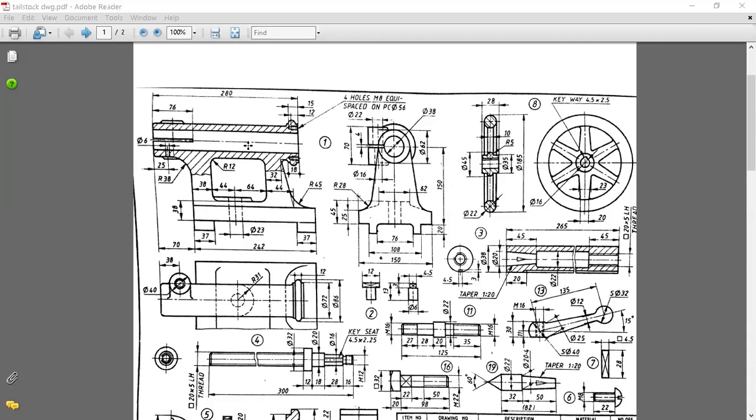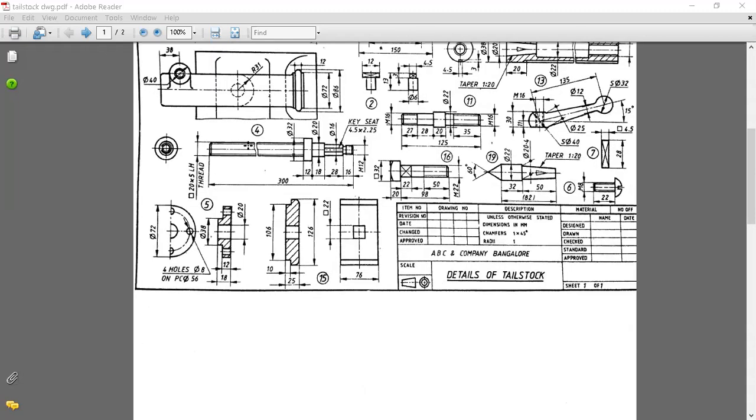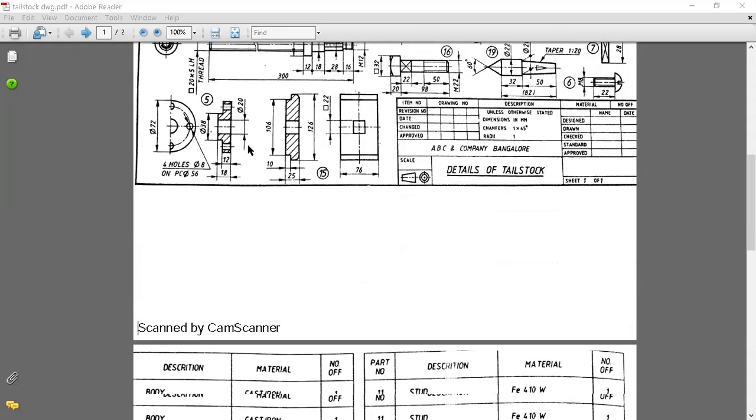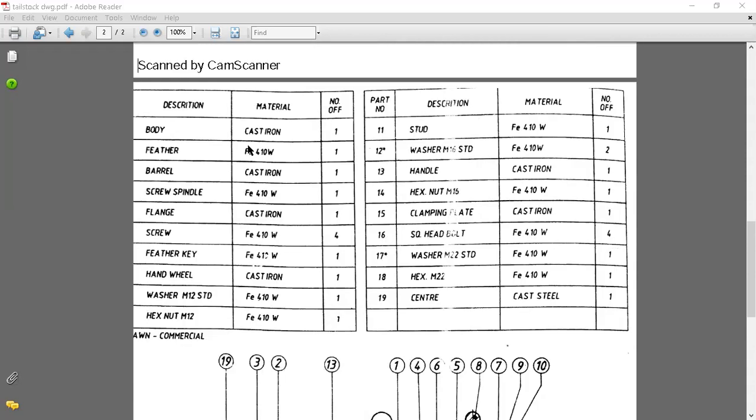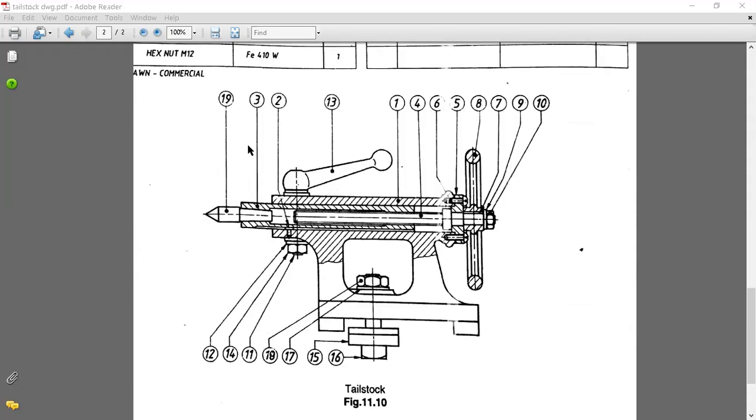So once the body is drawn, then you identify the parts which will go into the assembly. For example, now you concentrate on the body part. Imagine that all parts are not there, only the body is drawn. Then what you have to do is insert the barrel into the body. The body diagram is already there, and the barrel diagram is there.